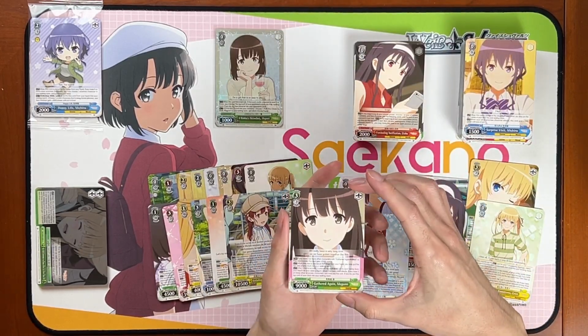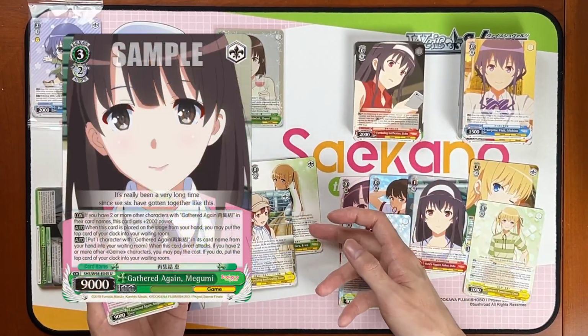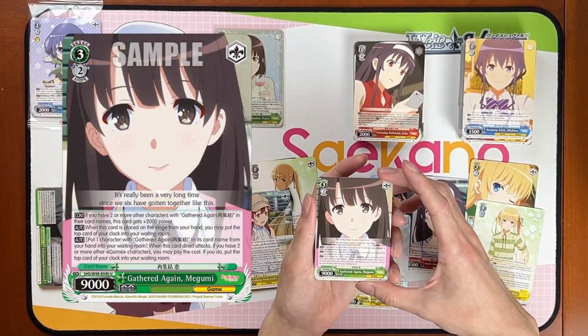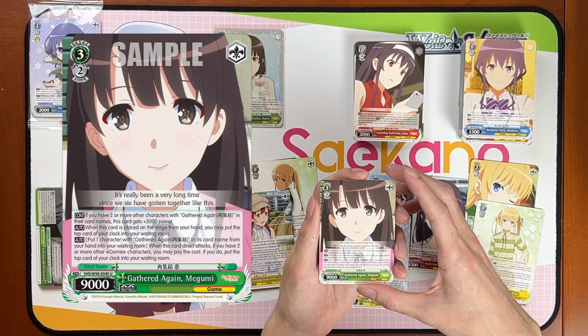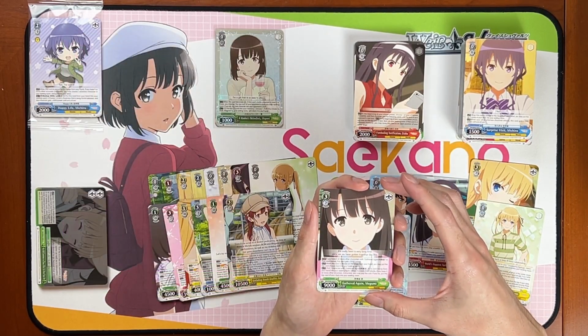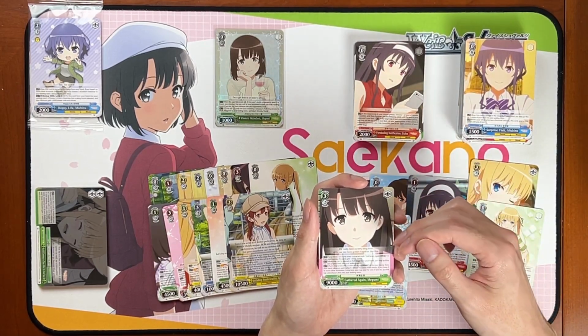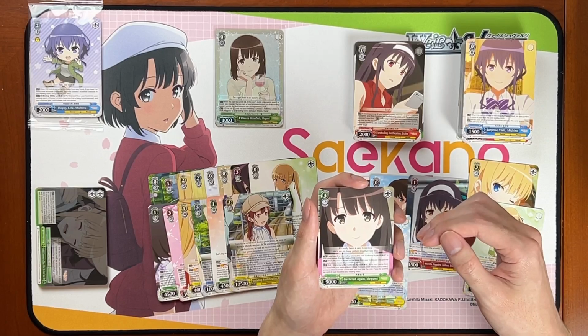This is the Gathered Again Megumi that I was talking about earlier that you run in the, obviously, the Gathered Again deck, like the Eriri standby deck. So if you have 2 or more other characters with Gathered Again in their name, this gets plus 2,000 power, on play heal, and then on attack, or on direct attack, sorry, you can discard a character with Gathered Again in its card name, and...